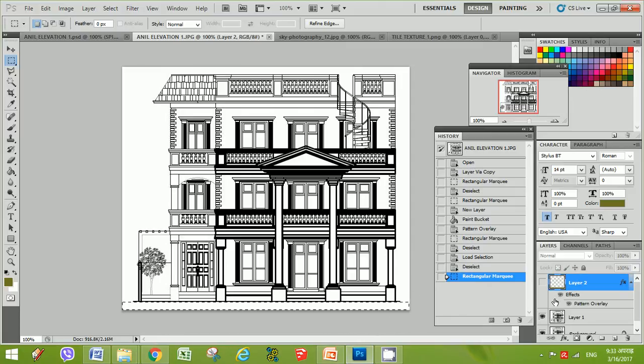Then after you've done selecting the floor area, go to the new layer option right beside the delete tool, create new layer. Then you've got a new layer like this one, layer 2. Let's rename it. I'll name it paving 1. So in this paving layer,